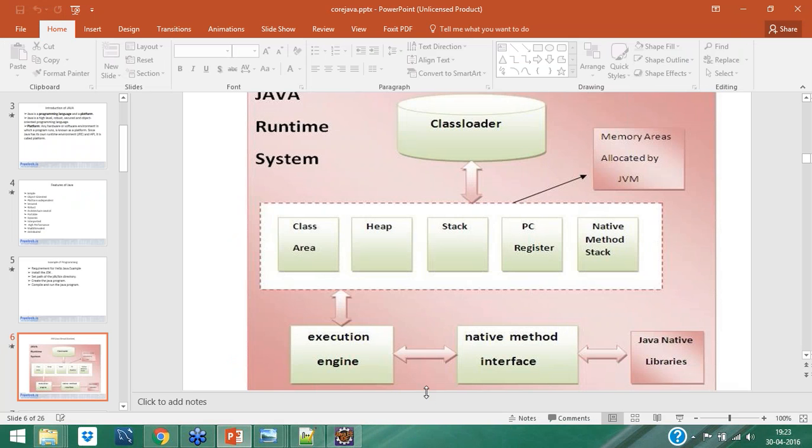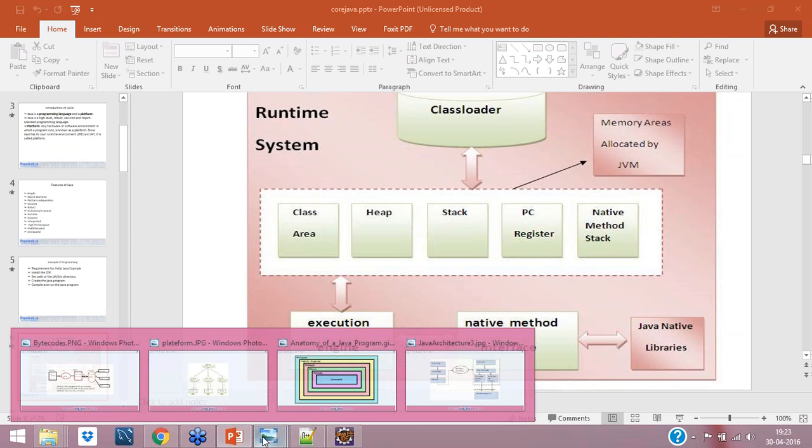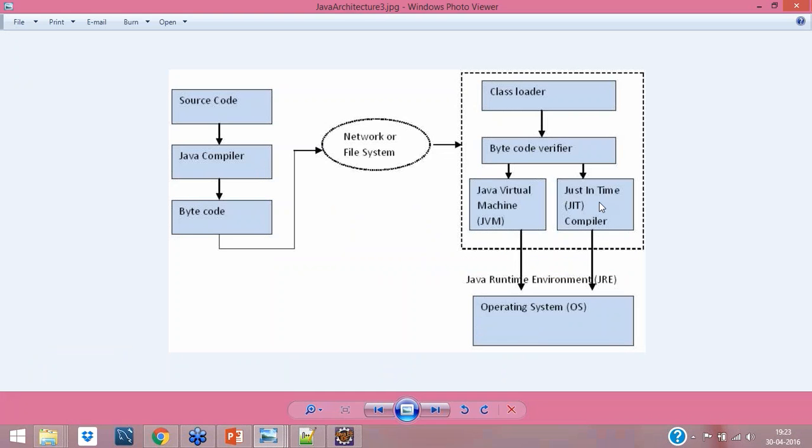After this, the JVM puts all this information inside these areas. Then again it comes to the execution engine. The execution engine will have that JIT. I have given you the information on JIT some time back. The JIT sits inside that execution engine.